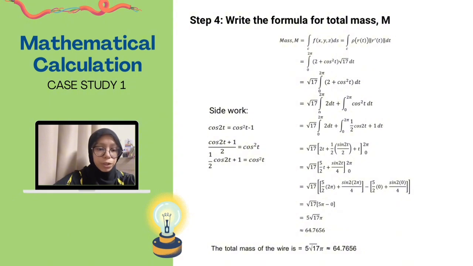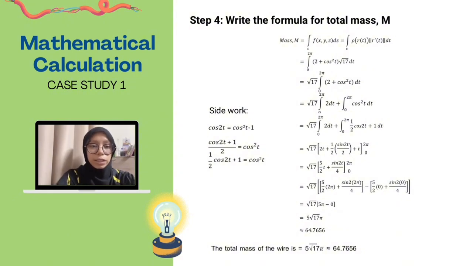We substitute in the equations, equals root 17 integral 0 to 2 pi of 2 dt plus integral 0 to 2 pi of 1/2 cos 2t plus 1 dt, and we integrate it and we get root 17 multiplied with 2t plus 1/2 multiplied with sin 2t over 2 plus t, and we solve it. We got 5 root 17 pi, that approximates to